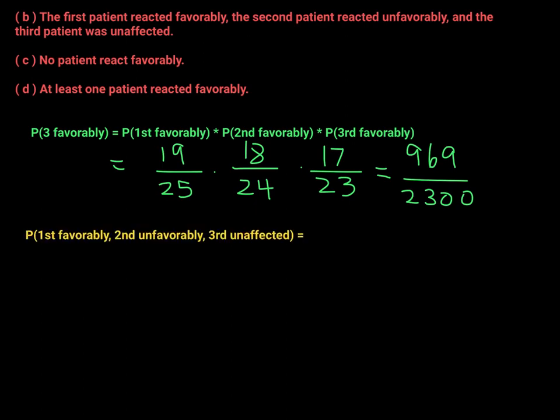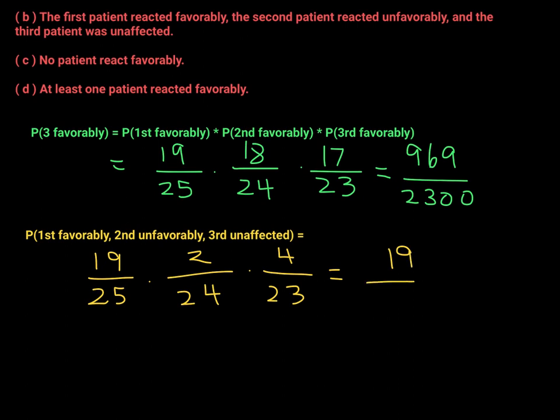So we're looking at the probability that the first one that we select reacted favorably. All right, so we know that 19 reacted favorably out of 25 times. Now, we already selected a patient. That means there's only 24 patients left. Okay, now how many of them reacted unfavorably? Well, it said 2 times. Now there's only 23 patients left in the pool to choose from, and we want to know unaffected. Now for the unaffected, it told us that there were 4 that were unaffected. So this product is 19, after you simplify, of course, over